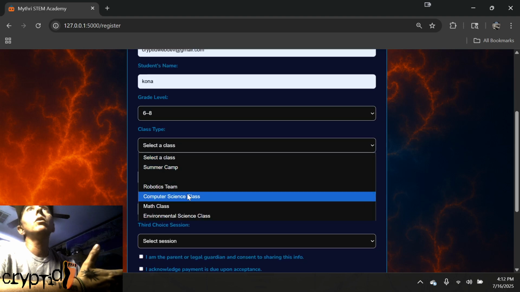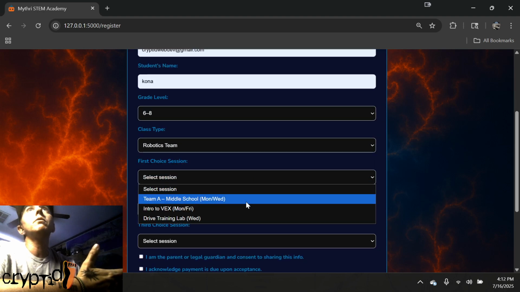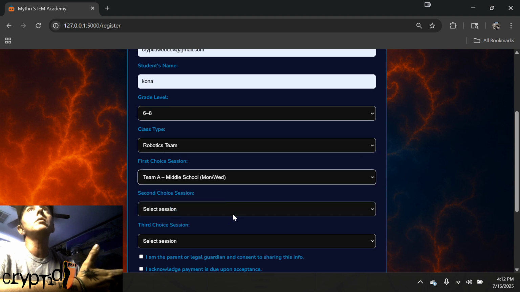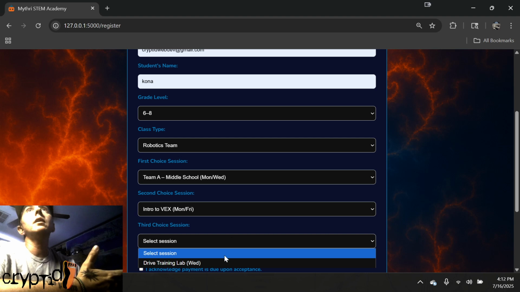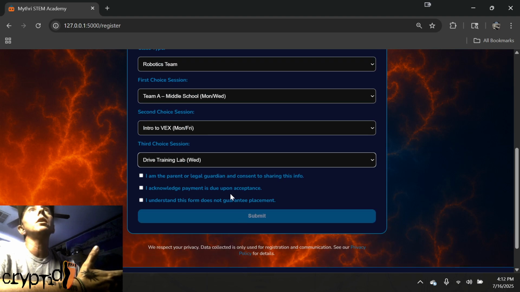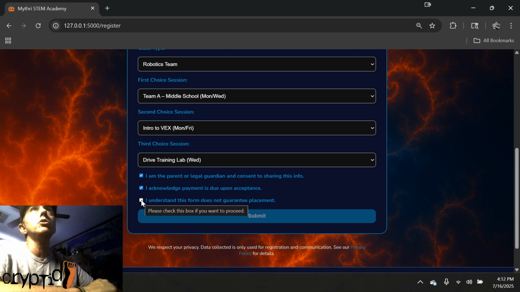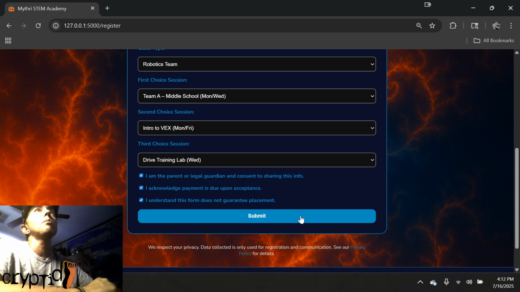Alright, looking at maybe the robotics team has a few. Yep, we've got 3 different ones here, so we can select our first, second, and third choices within here. Again, this form cannot be submitted until they acknowledge that they're the parent, they acknowledge payment is due once the child is accepted into the class, and that the form does not guarantee that the child will be placed in the class. So submitting that form,